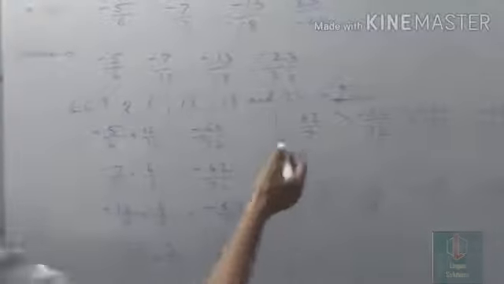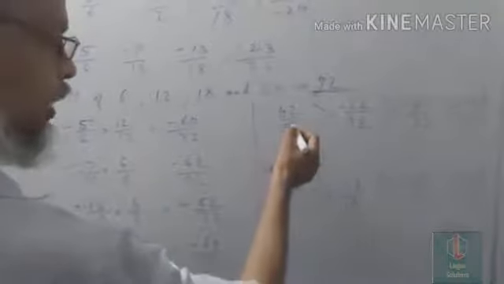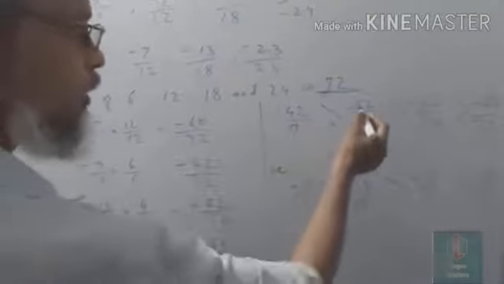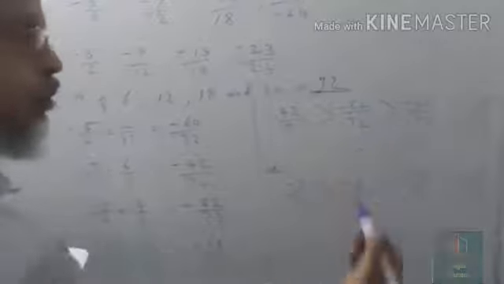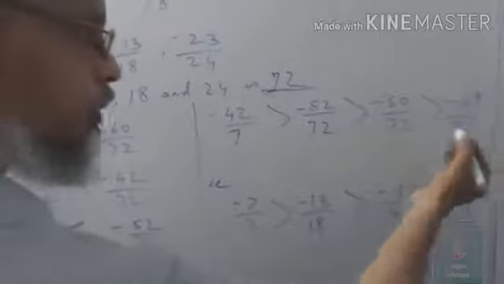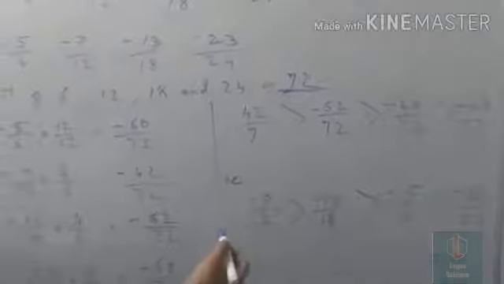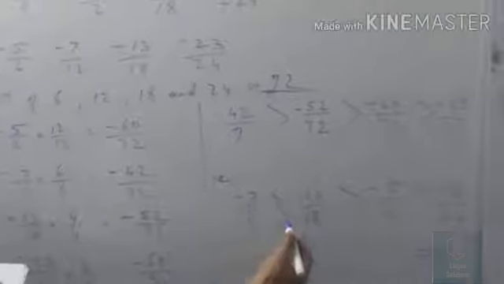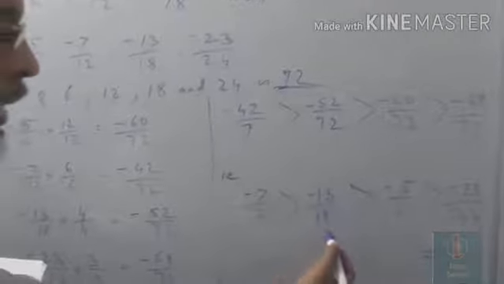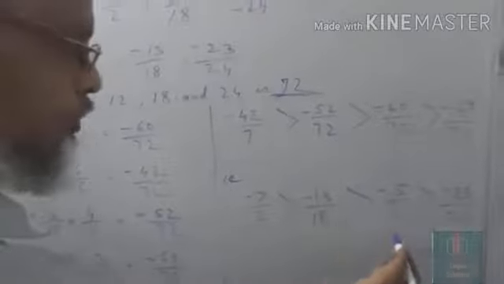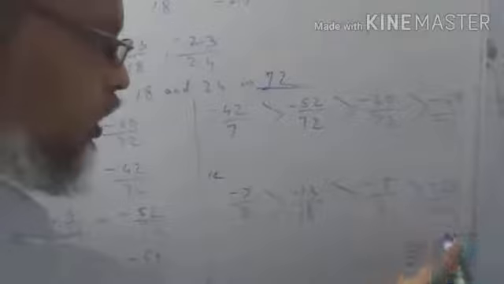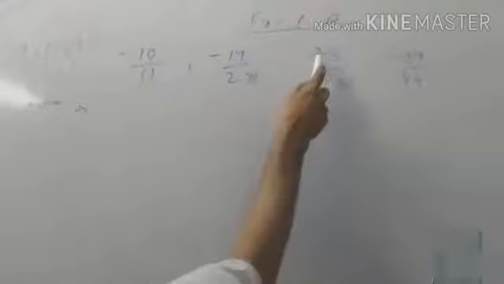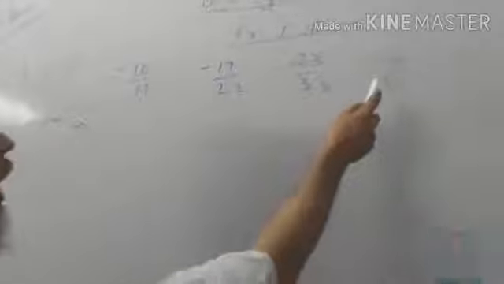Now we will arrange it. We get minus 42 by 72 is greater than minus 52 by 72. Minus 60 by 72 is greater than minus 69 by 72. That is minus 7 by 12 is greater than minus 13 by 18 is greater than minus 5 by 6 is greater than minus 23 by 24. This is the answer. Next set is minus 10 by 11, minus 19 by 22, minus 23 by 33 and minus